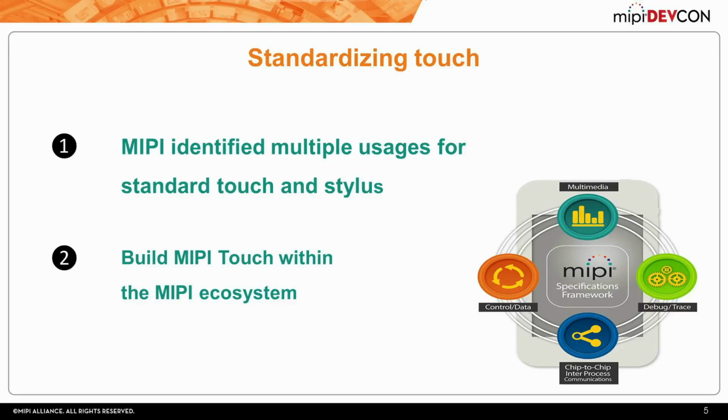And then the next goal is we want to create a solution within the MIPI ecosystem. So what does that practically mean? That means first we want to leverage the I3C interface as the first step in a high-speed bus that supports both traditional and future interfaces. Secondly, if we find future requirements where the bandwidth needs to be even higher, we want to continue to stay within the MIPI ecosystem. So we'll evaluate additional MIPI interfaces to provide higher bandwidths as required.